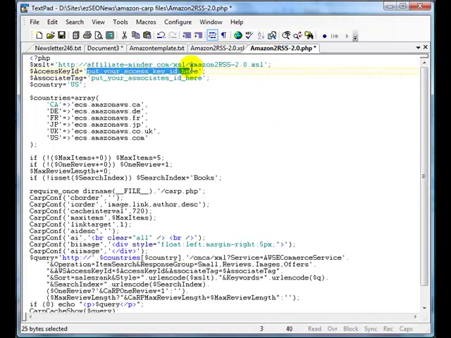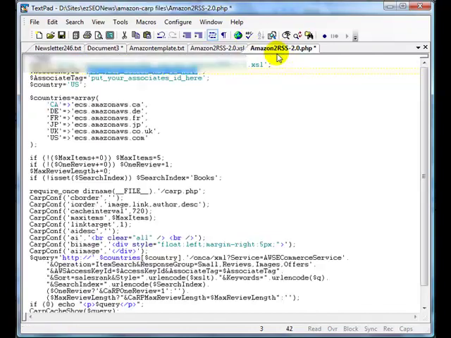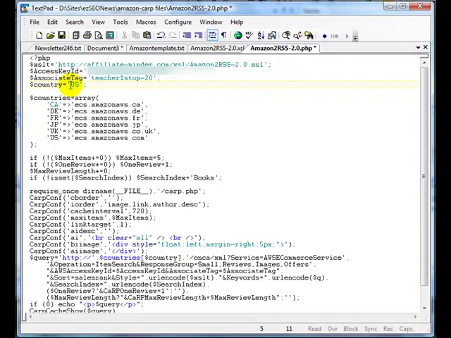Then in this section you put your access key that you saved earlier, and in this section you put your Amazon affiliate code. If you want to target the US, Amazon have the feed items drawn from the US Amazon.com site, you leave this country as US. You have got the alternatives of using different codes there for Canada, Germany, France, Japan, UK and US. And you want to save this file and upload it